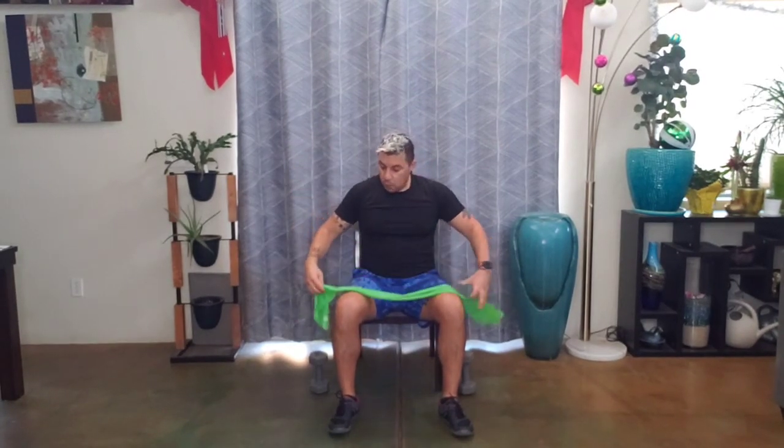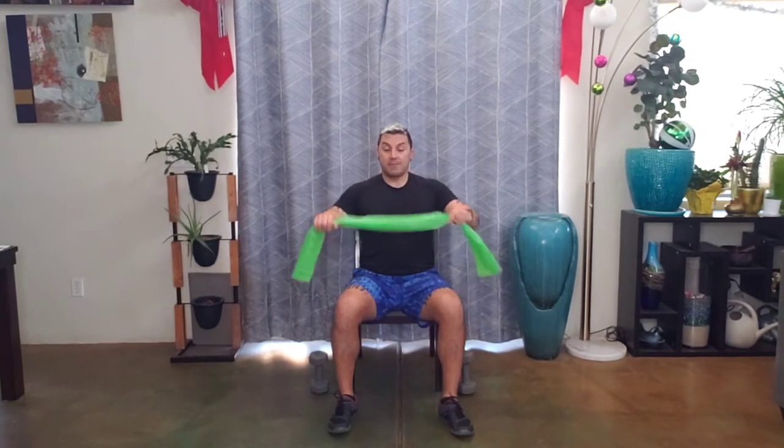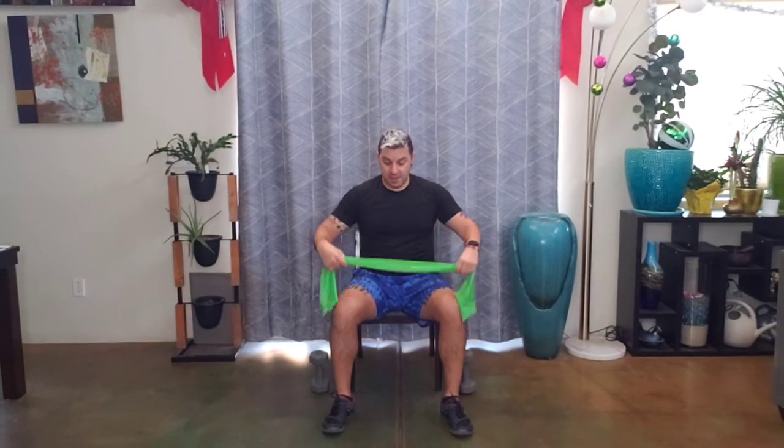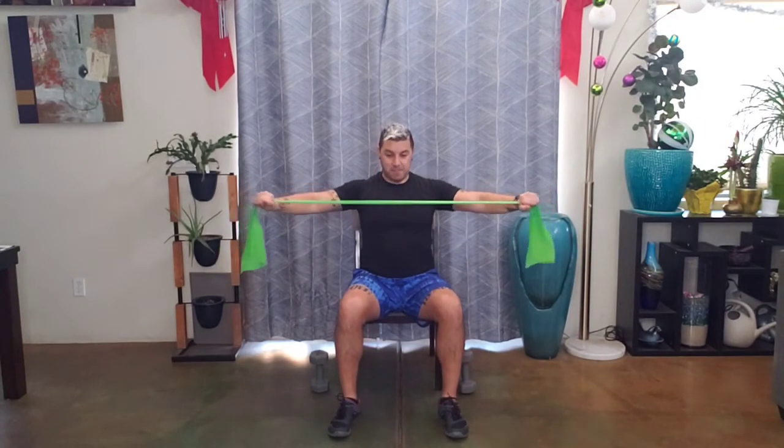So, we have those reverse flies. My first set, I had my hands a little wider than shoulder distance apart. Because I know that I want to progress my exercise, I'm going to place my hands a little less than shoulder distance apart. Still sitting up nice and tall, I'm bracing through my core, and I'm gonna fly. So my shoulder blades are squeezing together. Let's do it. Here's 10,